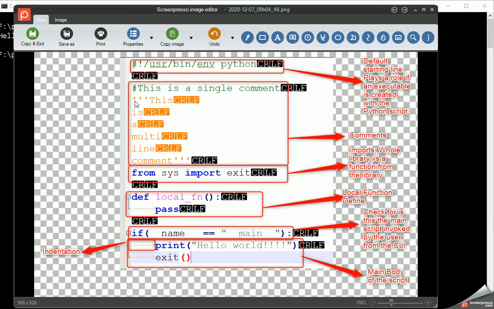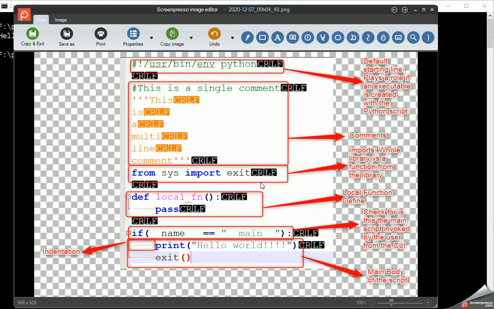This can be done by opening the multi-line comment with three single quotes, writing the comment, and then terminating the multi-line comment by another set of three single quotes. Whatever is between these two sets of three single quotes will not be interpreted by the Python interpreter and will be treated as a comment. You will see how important multi-line comments are in later tutorials.